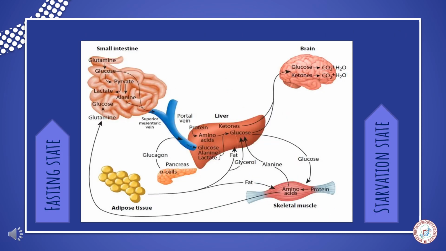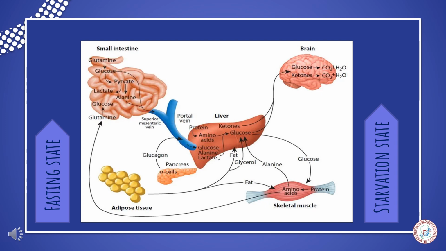And if we talk about the fasting state or the starvation state, what is going to happen on a chemical or biochemical level in order to regulate the metabolism inside our body, to make sure that all the cells get a sufficient amount of energy. So here we have the main role of the glucagon hormone: the pancreas will secrete more glucagon in order to maintain the blood glucose level. The alpha cells of the pancreas secrete more glucagon, and under the influence of that hormone,